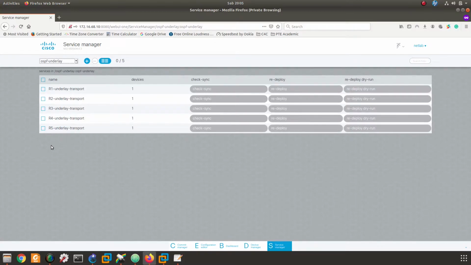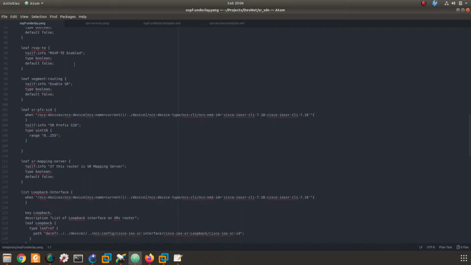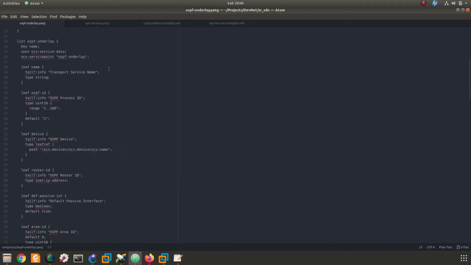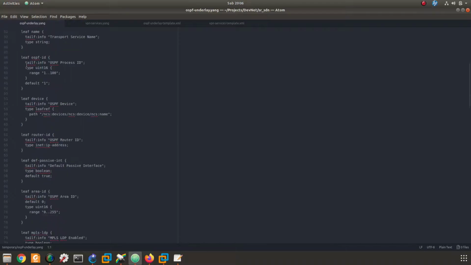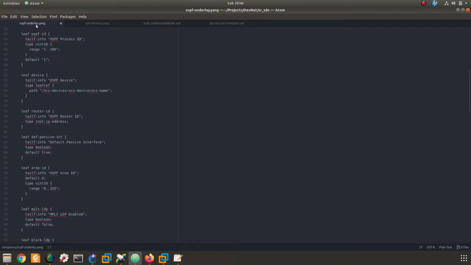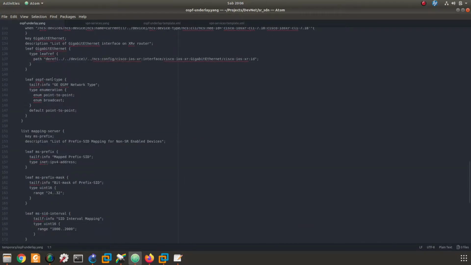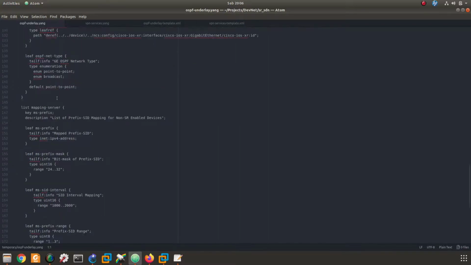In this demo I will show you. But before we jump to the configuration, I just want to give you a short brief about the script. You can see here you can create a service. All those services are created based on data modeling. We are using Yang data modeling, so I created a Yang file here. I put all the parameters, the variables that I want to use in the Cisco NSO. I have defined them here, and then